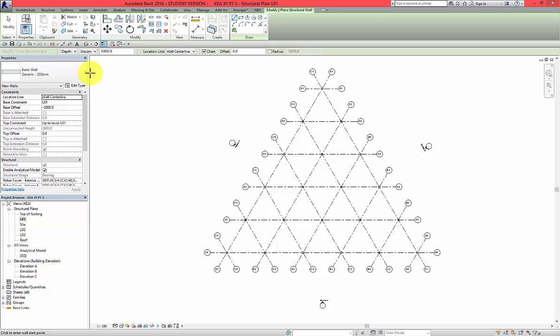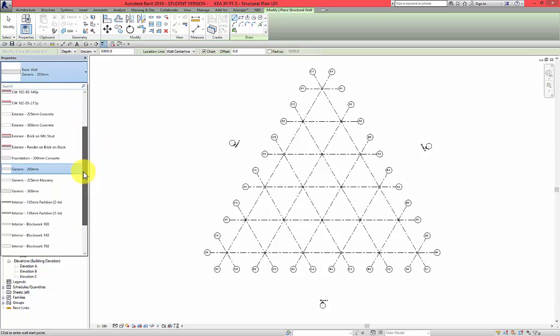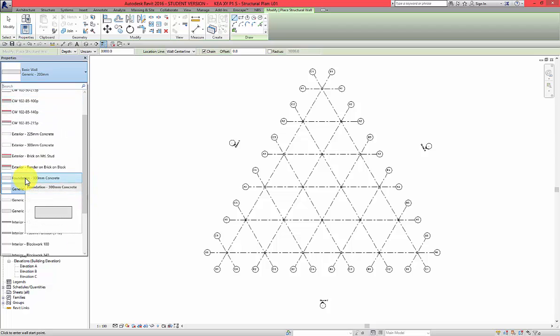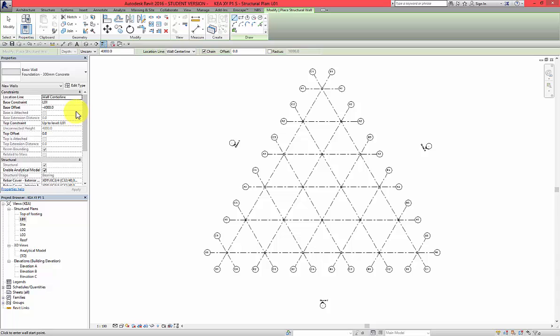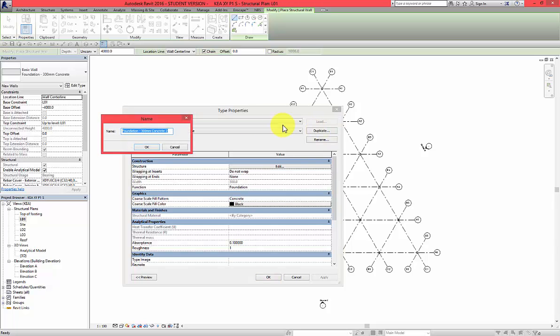structural, and then from properties window, let's choose something to start with, and that will be, let's say, this one, foundation 300 millimeters concrete. Left click. The first thing I would like to do is edit type and duplicate, and let's call this, let's change for 500. So let's call this Kia foundation 500